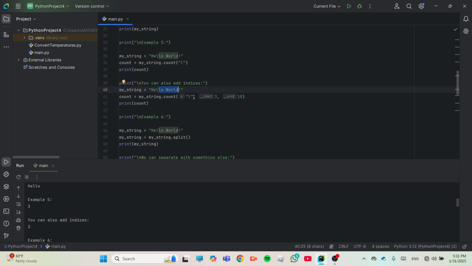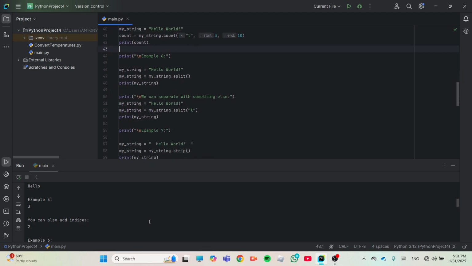So we are searching for how many occurrences L has from index 3 to 10, which would be in this substring, and it's 2. This start you are seeing here is the PyCharm IDE writing it. This is not actual code, so don't worry about that. Just worry about the L, comma, 3, comma, and 10. Now in example 6,